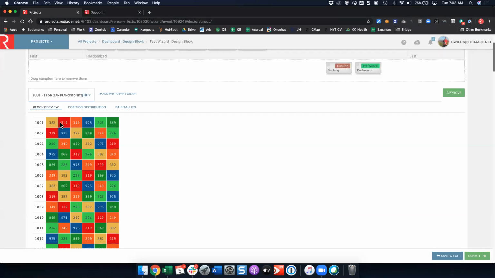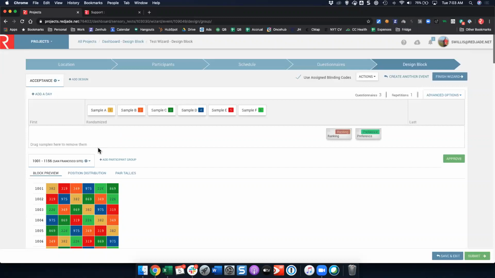You'll also notice that every product follows each other product once as well. And this is true regardless of the test type that you choose, right? So for example, if I just look at the yellow product, right? Yellow's first, yellow follows blue, yellow follows dark green, yellow follows light green, yellow follows red, yellow follows orange. Now we can look at that in total. So that's as you go through your design,